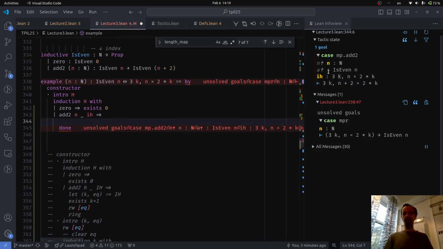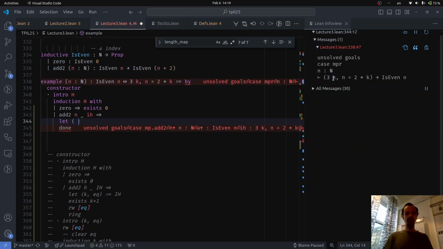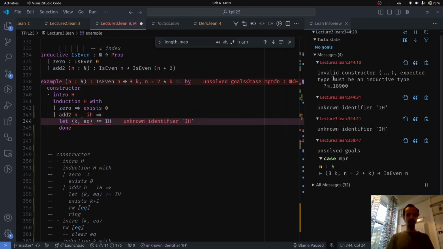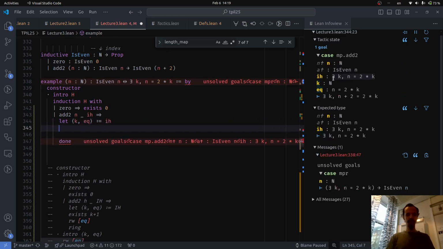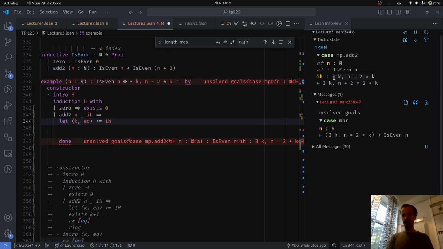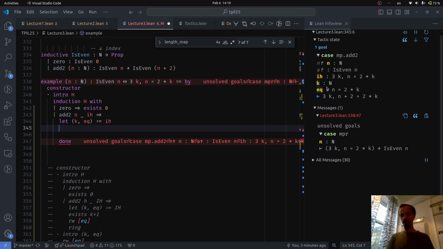A way to do that is we can destruct this induction hypothesis. We could use cases for this, but instead of using cases, I will use let, which gives us this slightly nicer syntax. Case. And so you can see that exists k such that n equals 2 times k has been broken up into 2 pieces. We get this